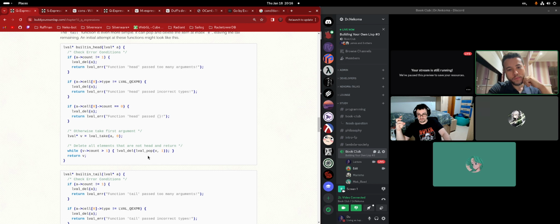Yes, in the while loop, the while loop is just processing the list. What do you mean by processing the list? It's going into the list and doing something with it. In this case, yes, it's dropping. That is what is happening. Yes, processing the list somehow. And that's why it's called Lisp, for list processing.